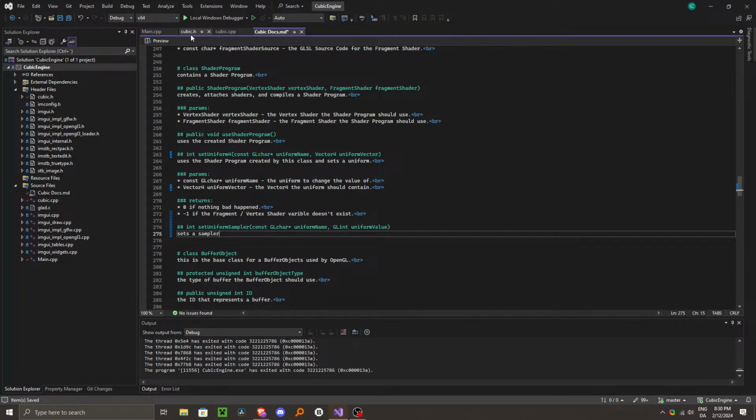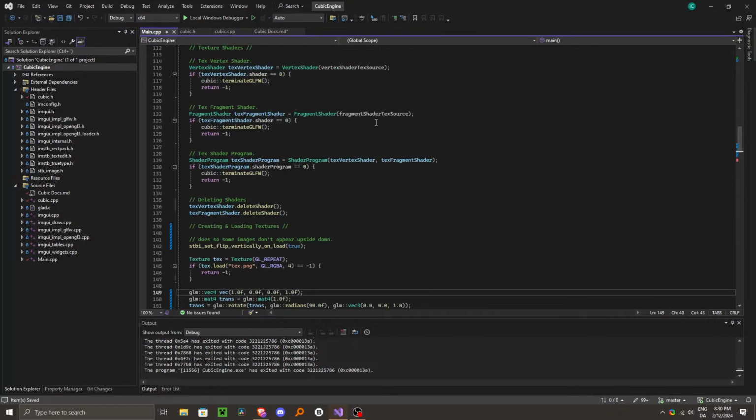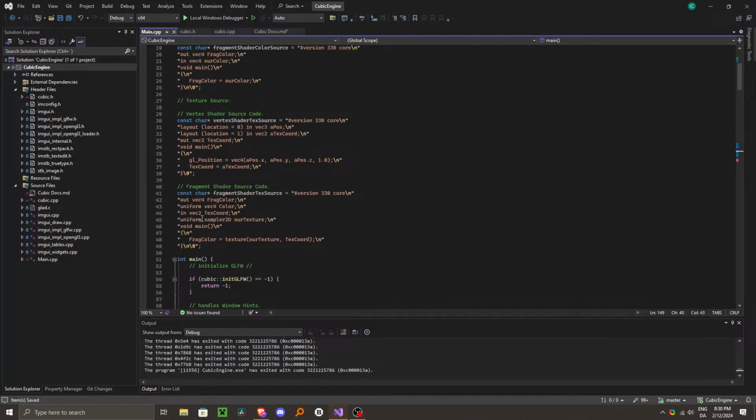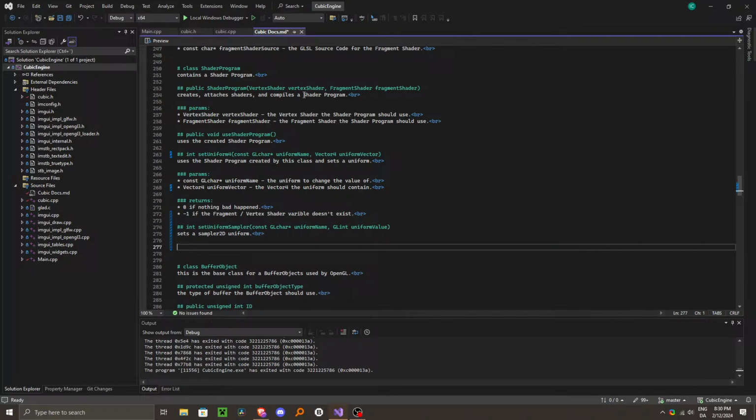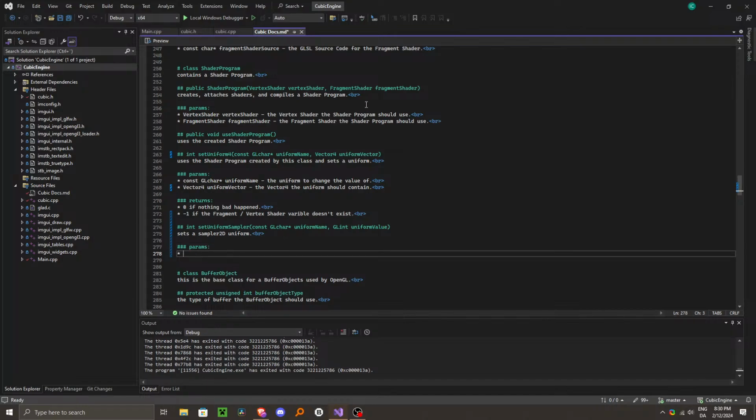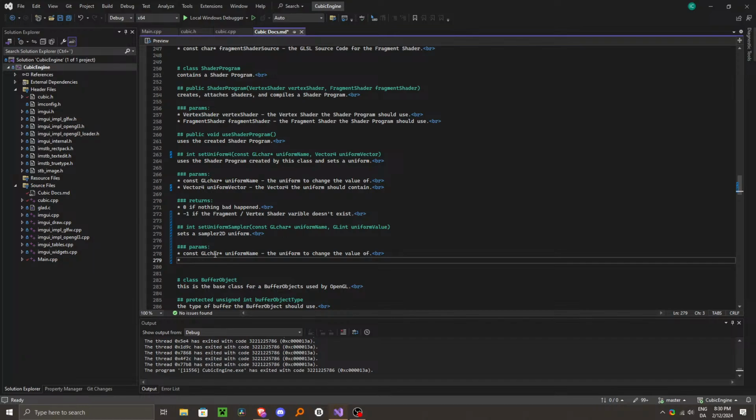What is it called? The sampler 2D what? It's called a sampler 2D. Uniform. That's all it does. Its parameters are pretty straightforward. You got the name. That's very straightforward. And then you got the